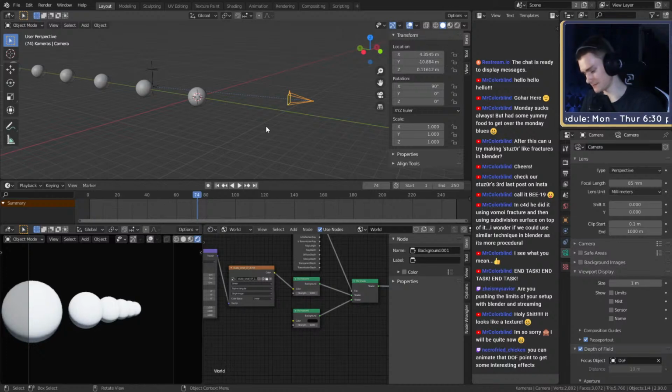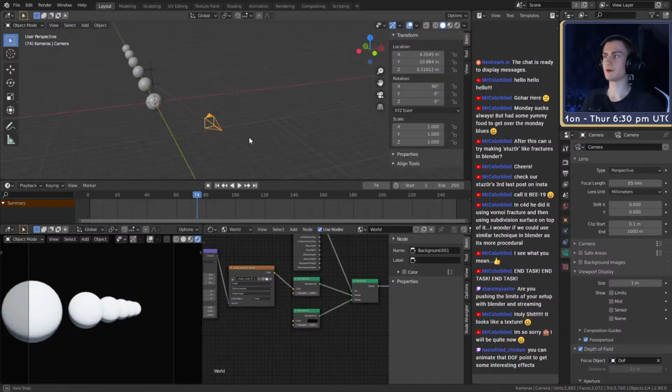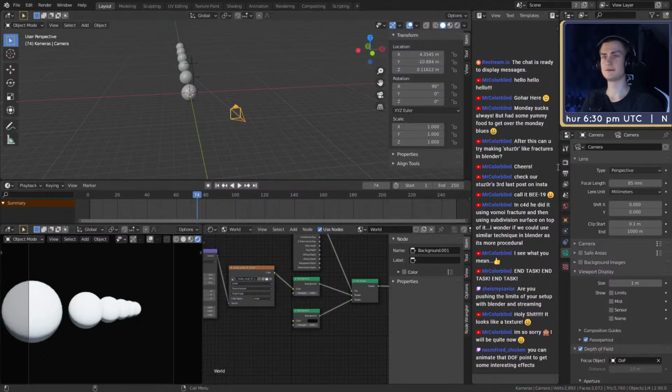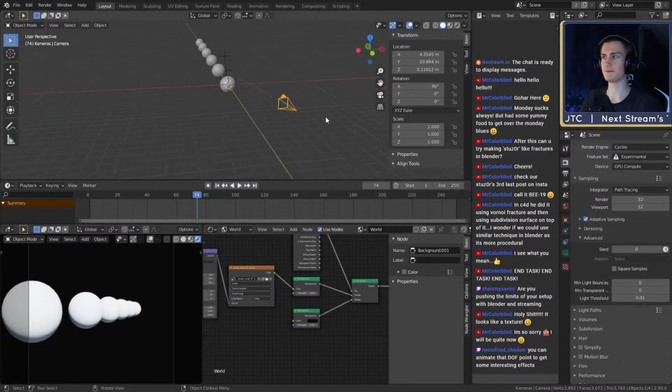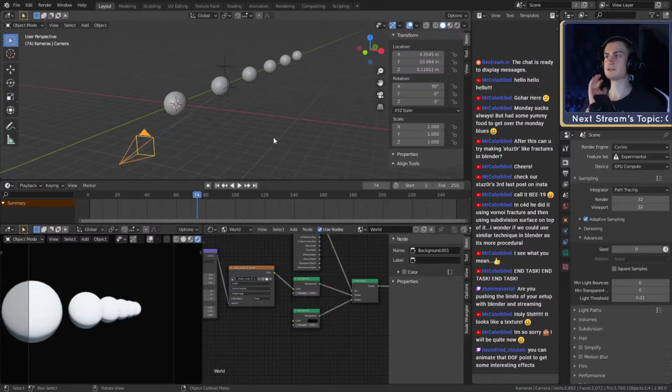Okay, so the next one I want to talk about is the render. How you can increase or decrease your render time, but not really lose out on that much detail, or lose an unnoticeable amount of detail. I had that problem while I was rendering the second VJ loop because it was so dim.